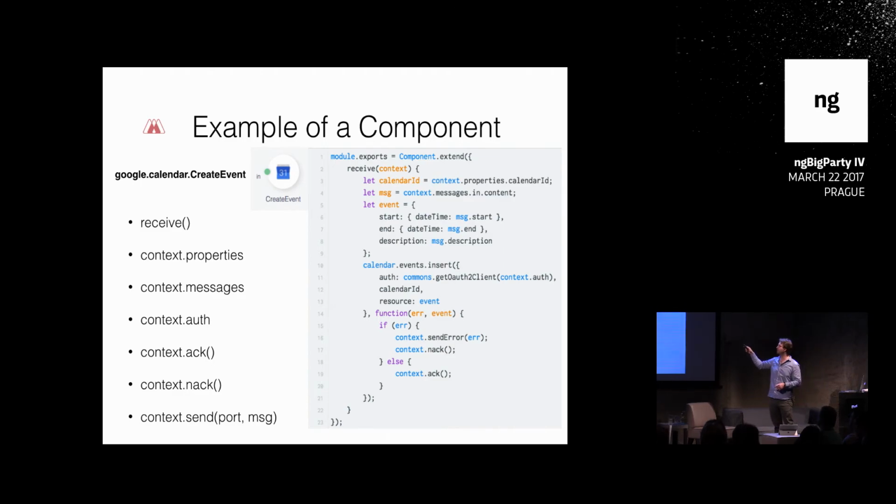Then we build up the event, and we call the Google API to create the actual event in the Google Calendar, right? And then this either fails or it succeeds. And when it succeeds, we just acknowledge the message. If it fails, then we send a negative acknowledgement, and then it goes back to retry queue and tries again,